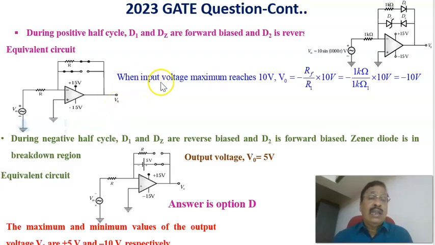Now for the inverting amplifier, when the input voltage reaches the maximum of 10 volt, the output voltage is given by minus feedback resistance divided by the input resistance times the input voltage. Therefore, it is equal to minus RF divided by R1 times 10 volt, which is equal to minus 1 kilo ohm divided by 1 kilo ohm times 10 volts, that is equal to minus 10 volts. That is, during the positive half cycle of the input, when the input voltage reaches the maximum 10 volt, the output voltage is equal to minus 10 volt. Now during the negative half cycle